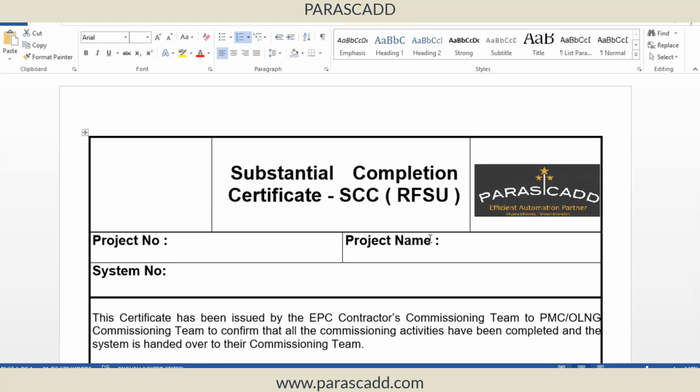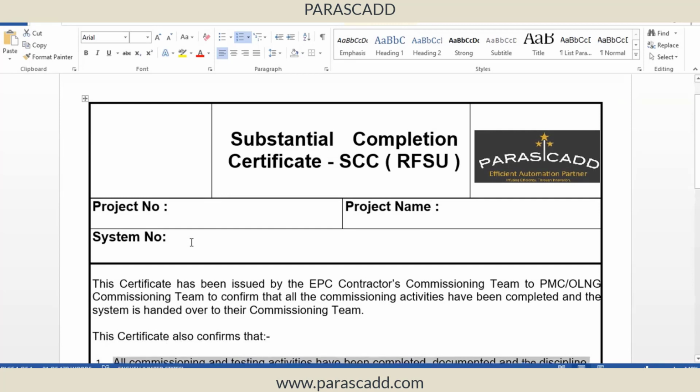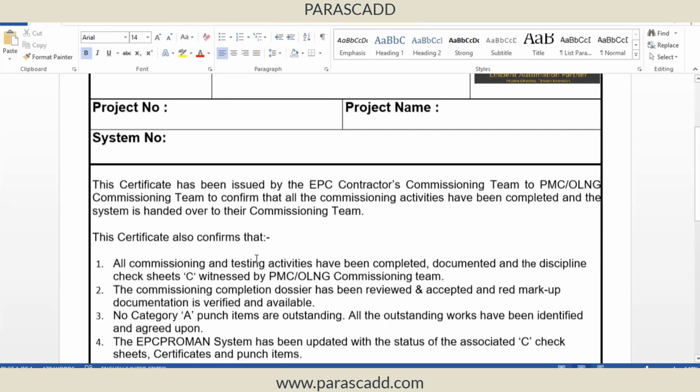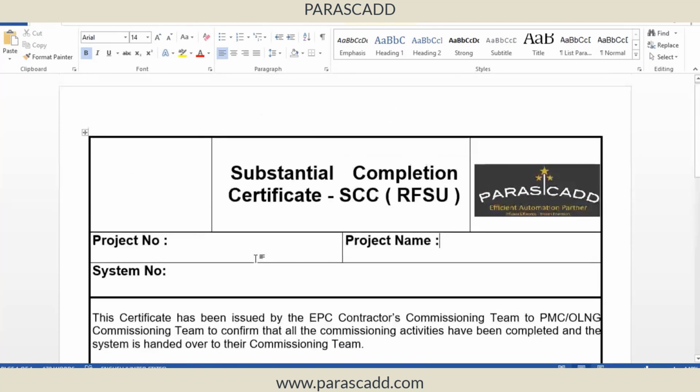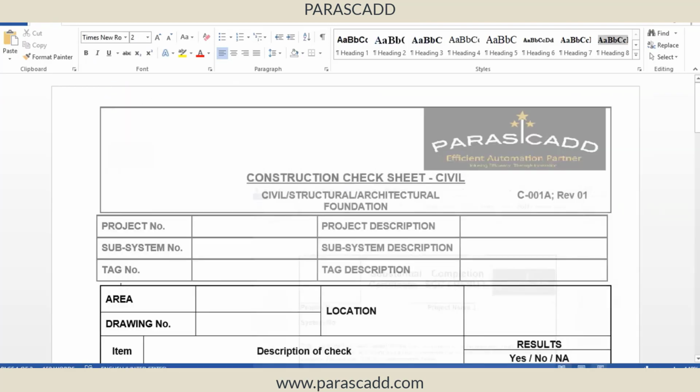What we do is, for a particular system, once it has reached SCC level, I can download this SCC certification from the system, where the project number, system number and project name are directly entered by the software, and then you get the report. Then you can take signatures and upload it back into the system. Templates are controlled by you. This is a blank template, and you just upload this blank template format, like a format number. For individual ITRs, I am uploading the formats. In the same way, you will be able to control these formats also. So we provide things in a dynamic fashion. Right? Okay. Because each company will have a different terminology.